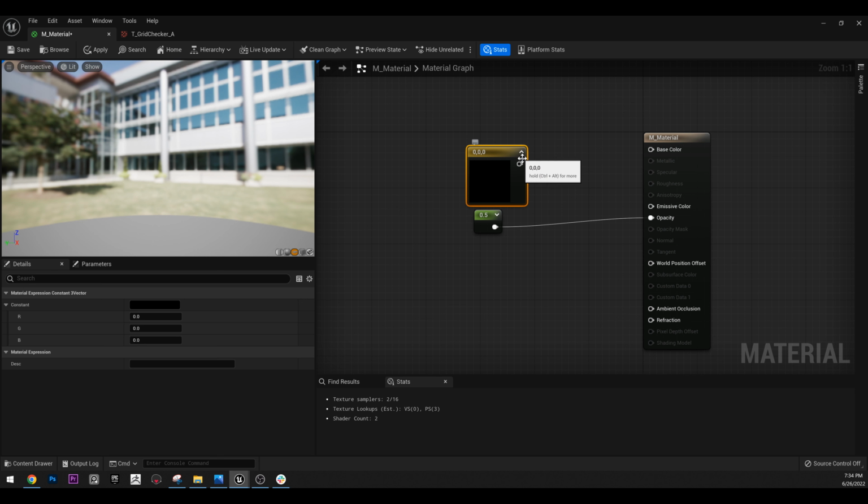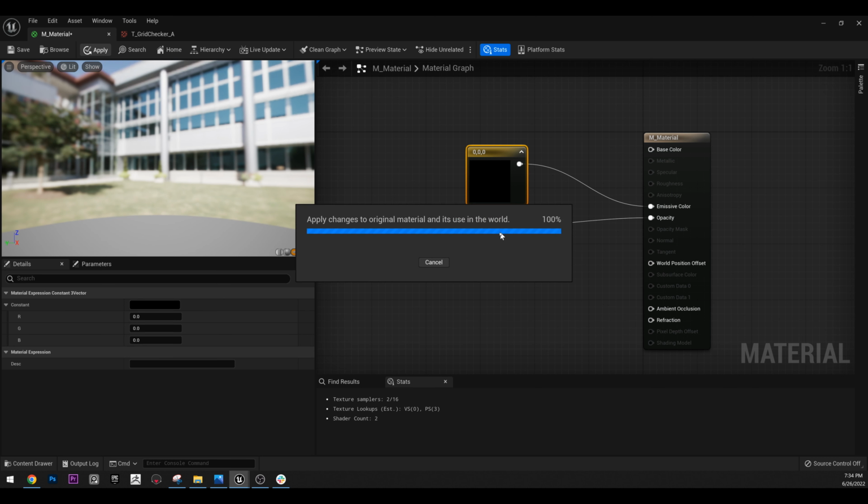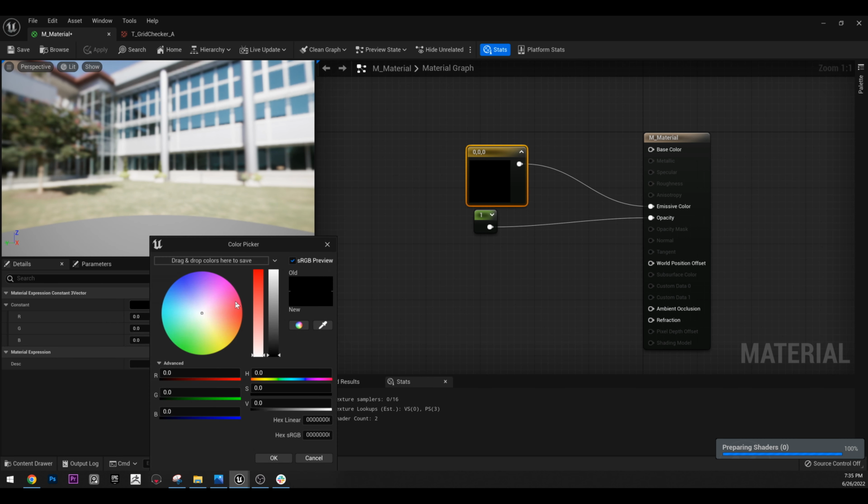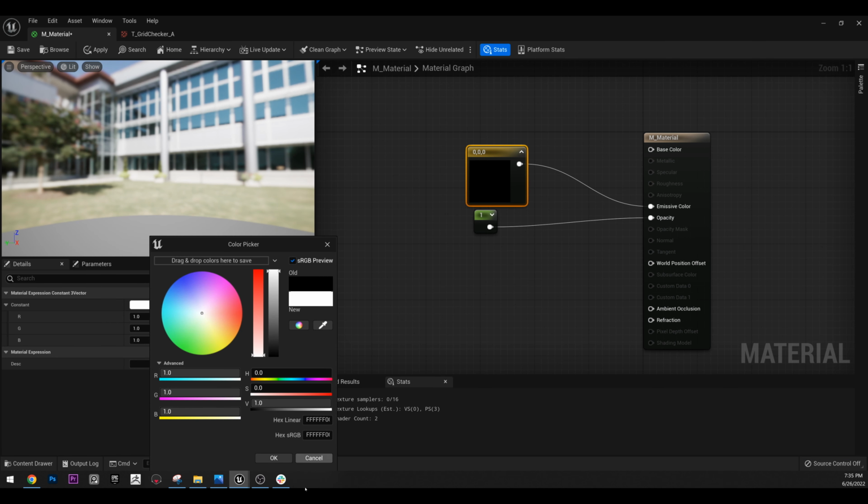So if I connect this color node to our emissive color and apply, and now make the opacity 1, apply, nothing will happen. I need to actually make it